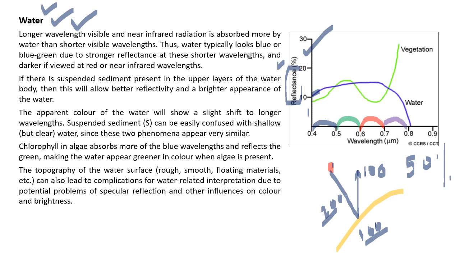Now you see the graph of water here. The water is maybe only 4 to 5% here, because this is 0, this is 20, this is 30. So it is close to 0. The reflectance of blue is here, then green is here, then red is here. But in the infrared part,